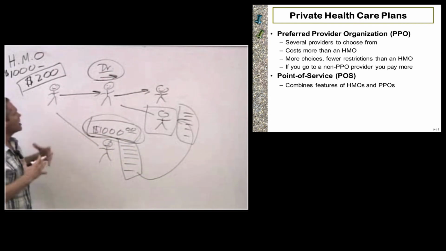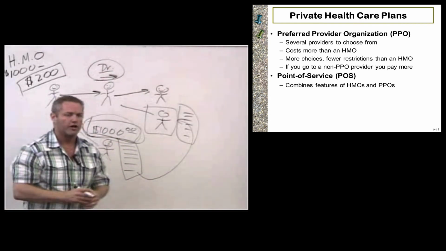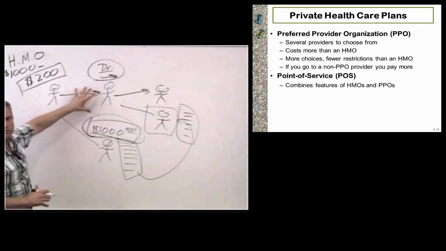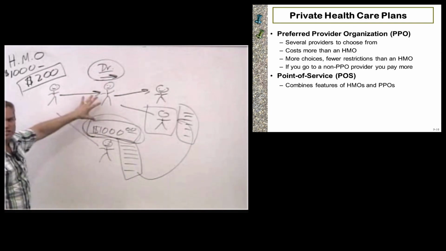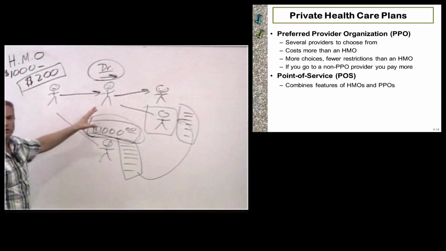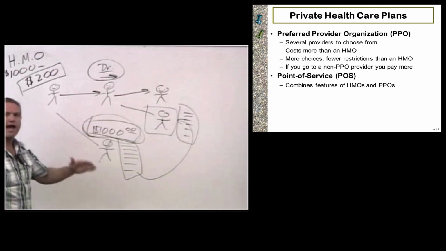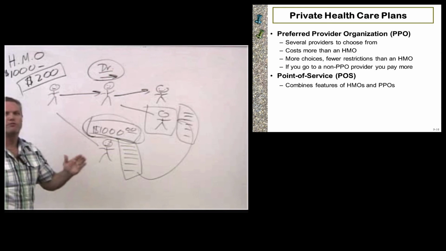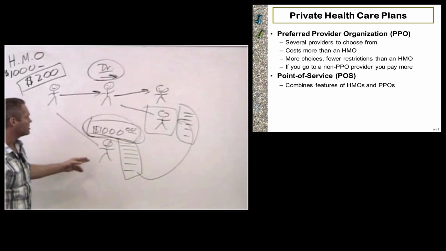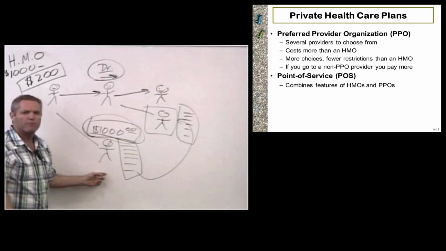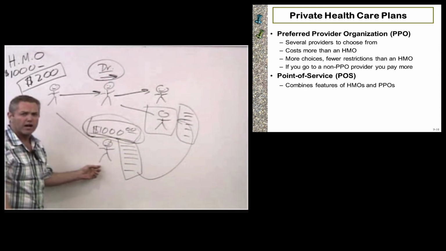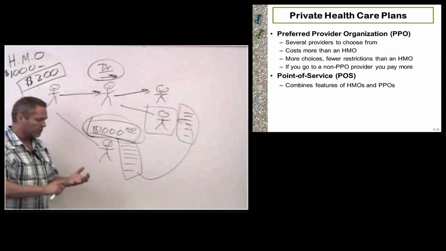So in my opinion, the best way to go for healthcare: get in an HMO. It solves 95% of all your problems, if not more, at a very reasonable price. And when you have a really unique type of problem, go outside the system and find who the best doctor is in that area. One of the things you could do to find who's best in that area is find out,